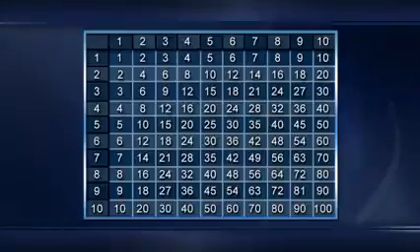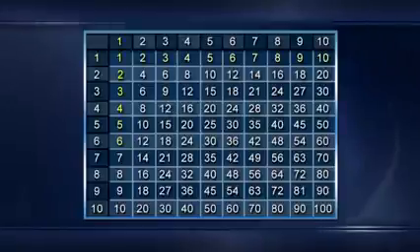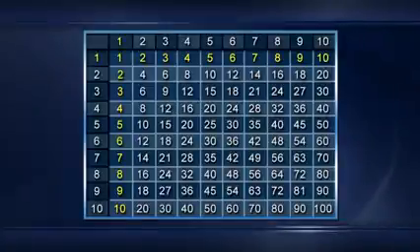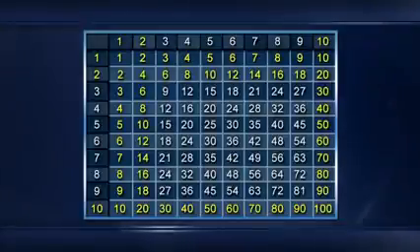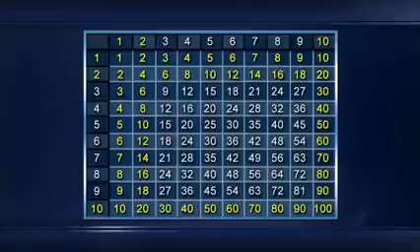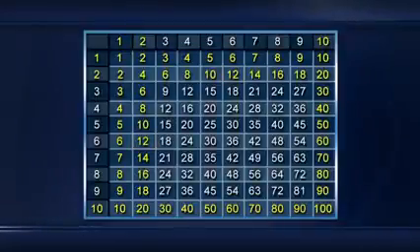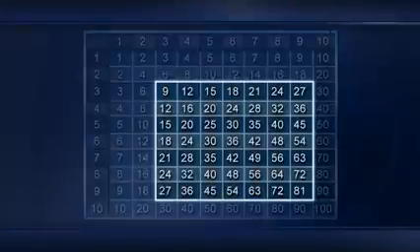It's obvious how to multiply numbers by 1 and multiply numbers by 10. And multiplying by 2 is just an easy addition problem, right? 6 times 2 is just like 6 plus 6, 12. So if you eliminate 1, 2, and 10, we've reduced the problem to memorizing a 7 by 7 table, which